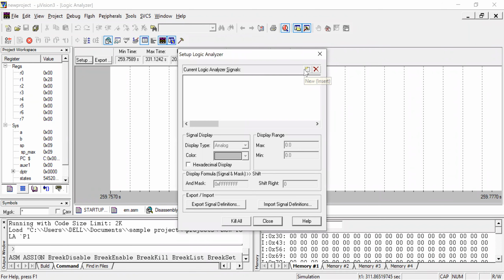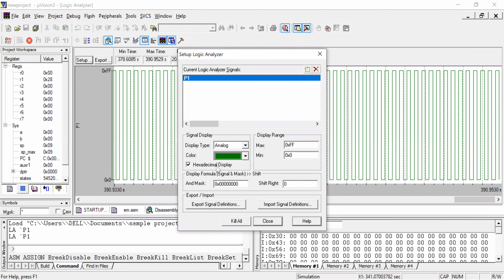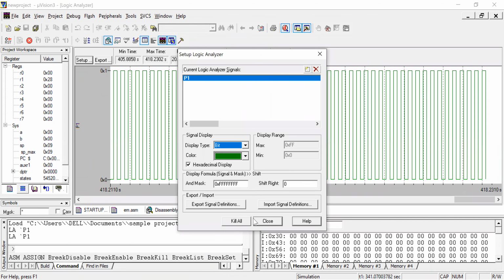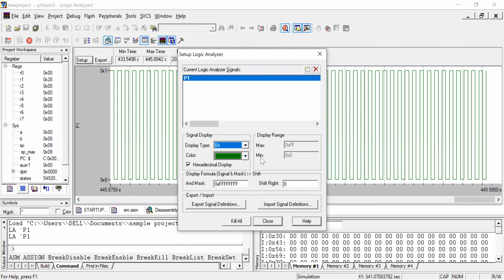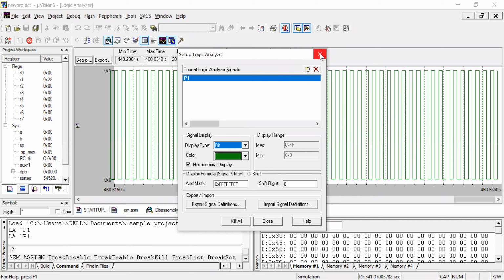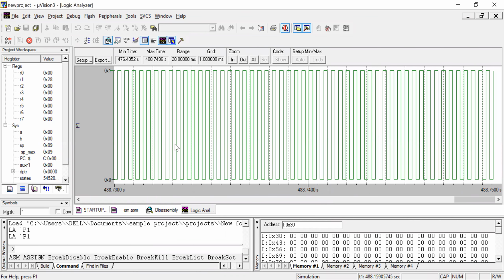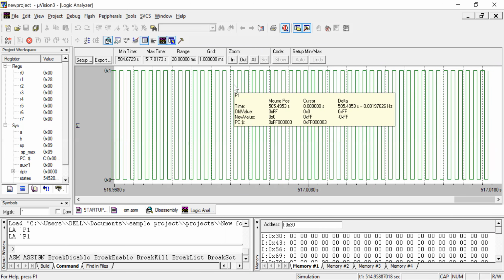Here there is an icon new, keep port 1. Hexadecimal display, no problem. You can mention bit also. Once after setting, it will show the square pulse generated. So this is your exact output.